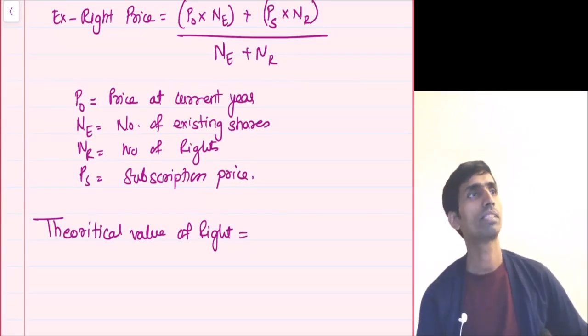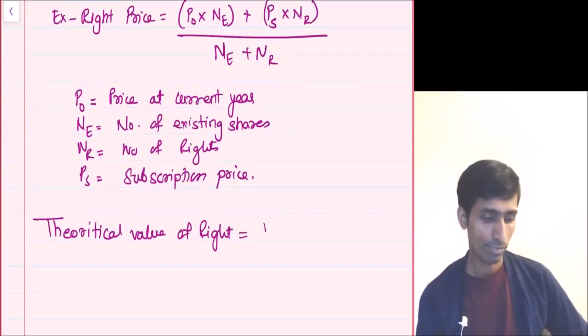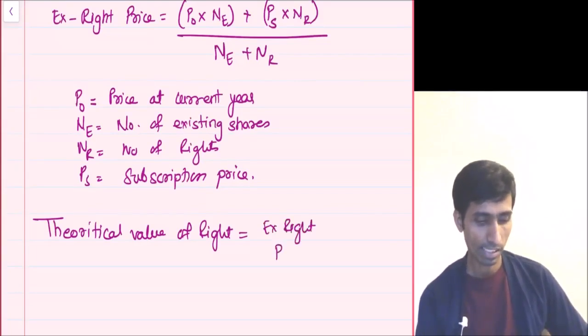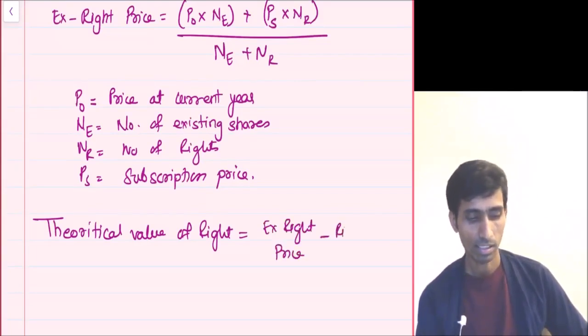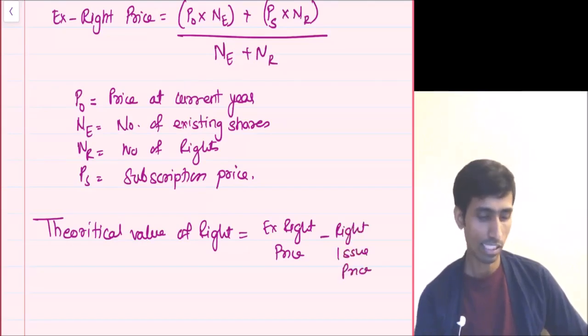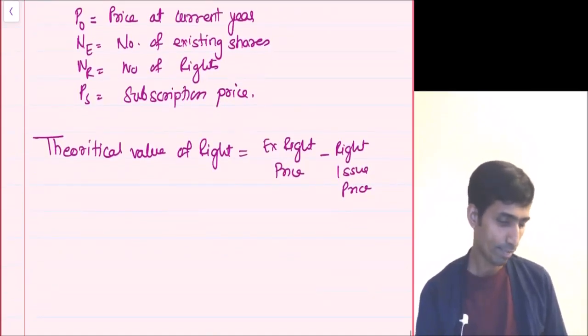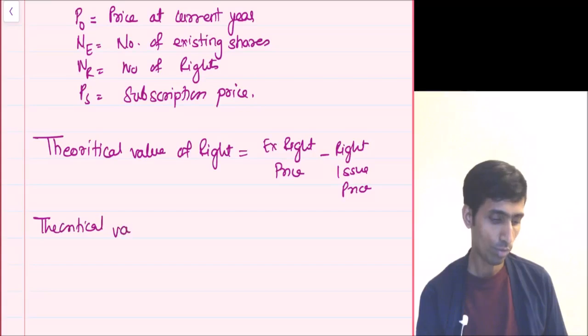Last question. Theoretical value of right, that is X right price minus right issue price. This is one way. Or another way, theoretical value of right per existing share